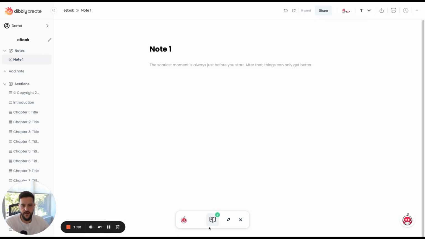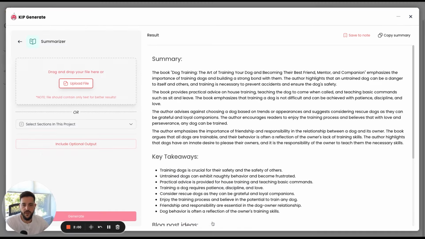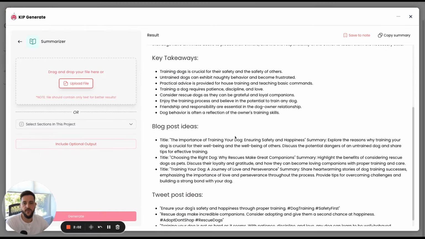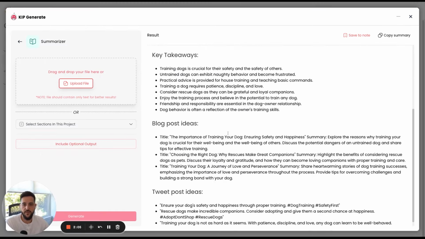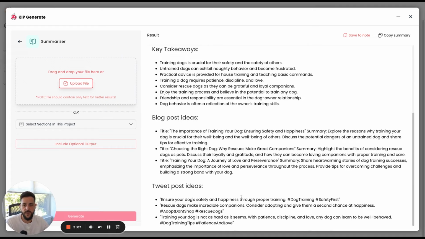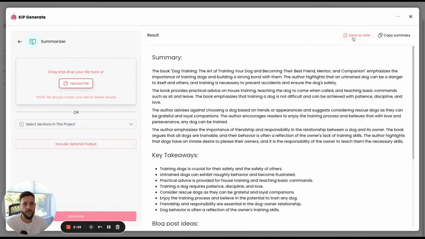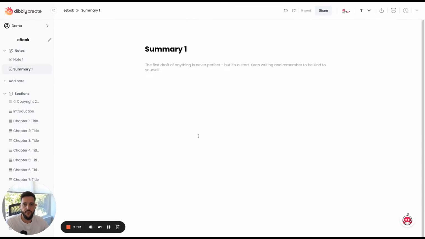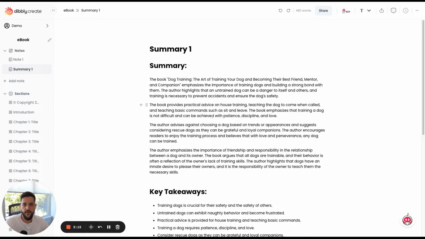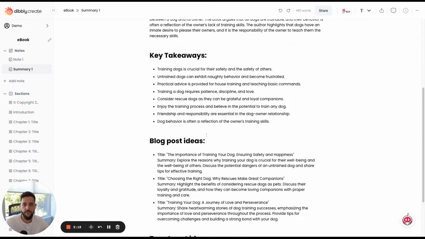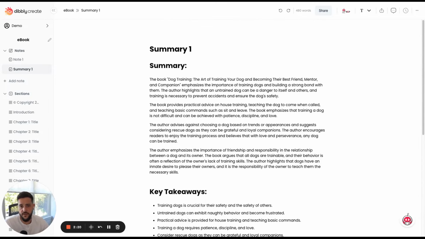All right, so it's done. Once it's done, we can click on the tool, and then you'll see we have a summary, the key takeaways, blog ideas, and tweet ideas. What I'm going to do now is I'm going to save this to a note, confirm, and now you see that we have a summary of, in this case, I passed in a dog training